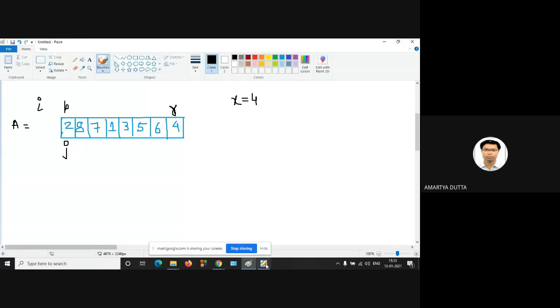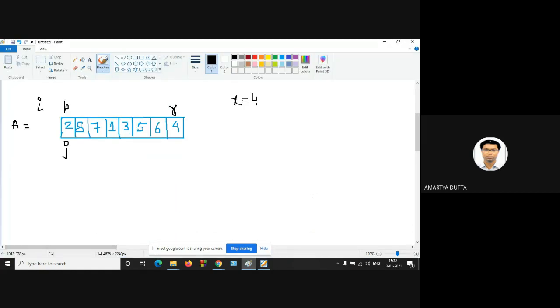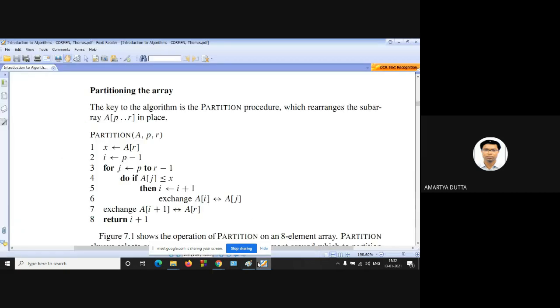Okay. Now, if AJ is less than or equal to X, is it true? At the first iteration, AJ is less than or equal to X. Is it true or false? True. What is the value of AJ at the first iteration? AJ value will be 2. So 2 is less than 4. Yes, this is true. Next, I is equal to I plus 1.